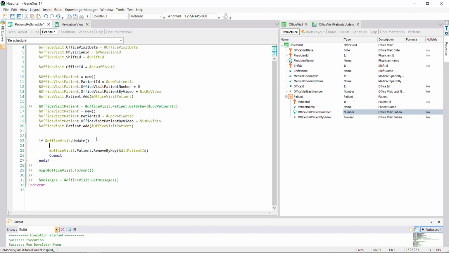This would be fine, but, as we warned in the previous video, there's a bug in GeneXus 17. As a result, when this office visit variable is in insert mode, after the update, it's not loaded with the values that it should, the current ones in the database. As a workaround, we'll make an explicit load.